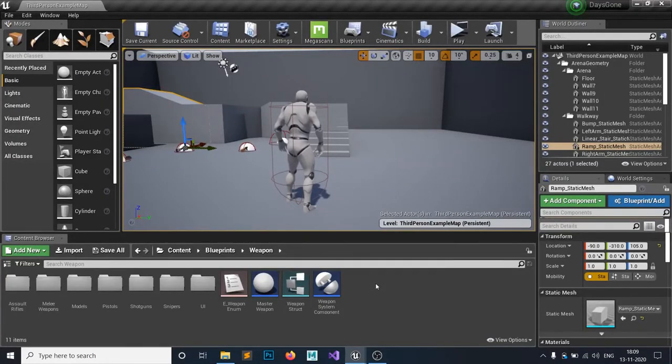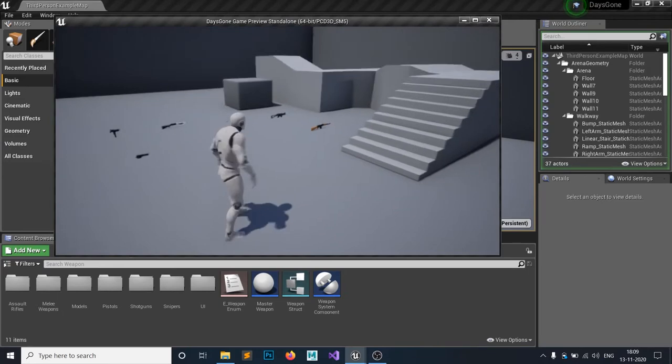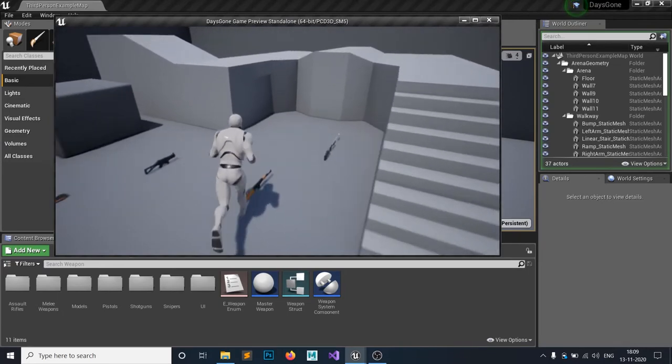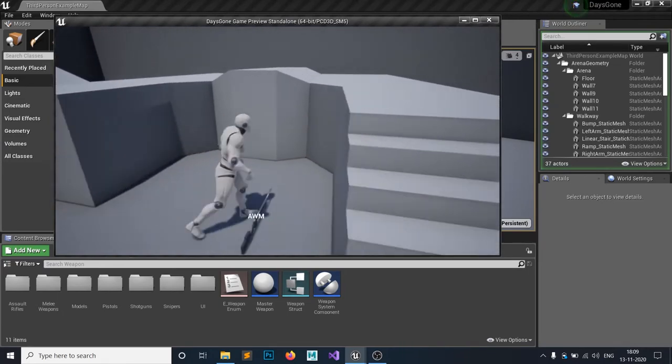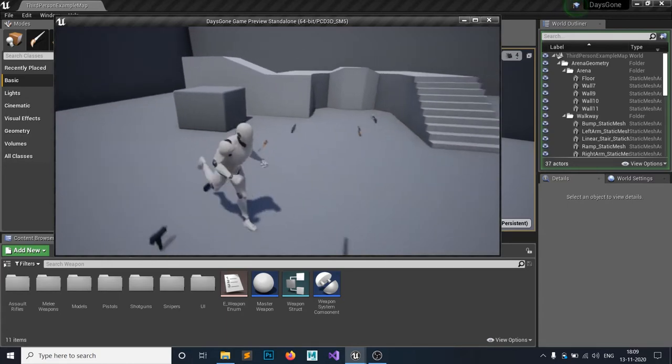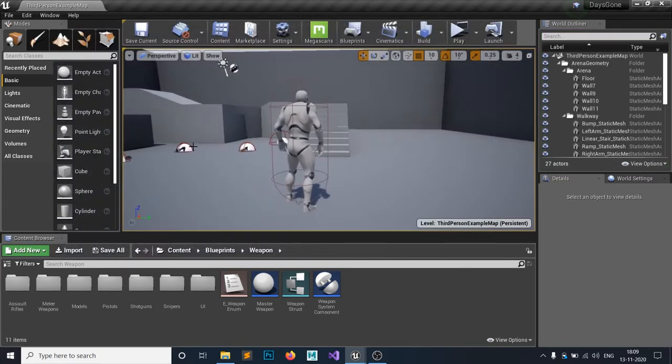And welcome to the Unreal Engine 4 tutorial series on how to make a weapon system. So last time we left off doing this. As you can see, I have weapons and I can hover over this. As you can see, the name is popping up. However, we haven't made the constructor.